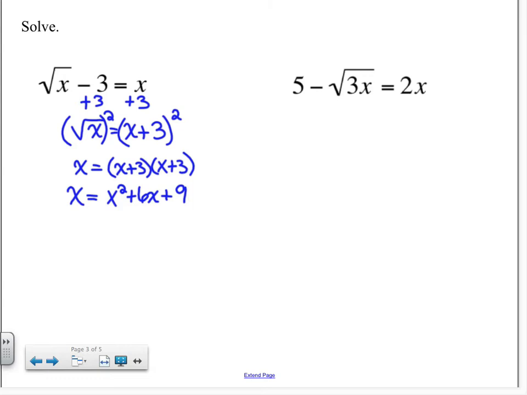Okay, now that we have completely simplified everything, we got rid of the square root. I noticed that I have an x squared there, so I either want to solve by factoring or I want to use the quadratic formula. So let's subtract x from both sides. Get 0 equals x squared plus 5x plus 9. So if I plug it into my quadratic formula,